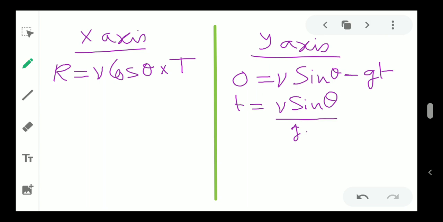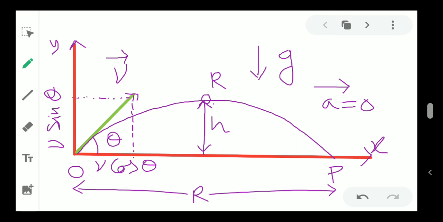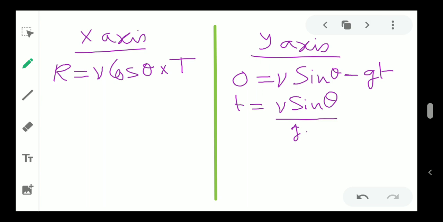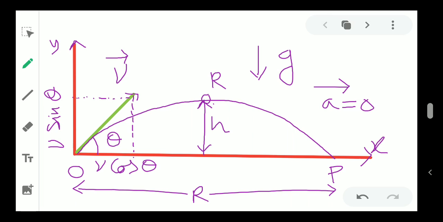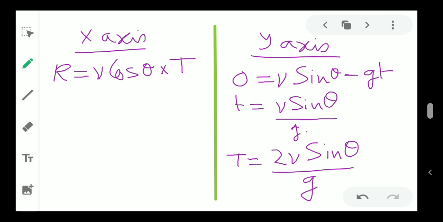In that case, the total time for reaching O to P is 2 times that time, so it is 2v sine theta by g, because the time for reaching O to R and the time for reaching R to P are the same. So t equals 2v sine theta by g. I can put the t here, so I can easily write that it is v cos theta into